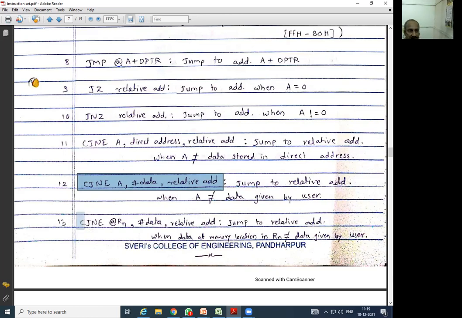Similarly, the next one, that is CJNE @Rn, #data, comma, relative address. In the same way, it is going to compare the data